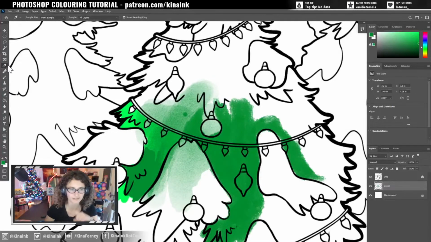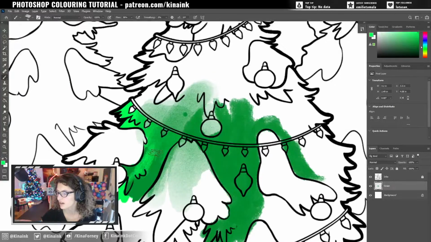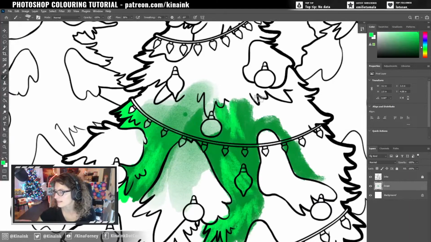I never physically go and get it, but I just hit Alt, grab the lighter green, go back to brush tool. I hit B, or you can go up there. And now I have this cool texture on top of, because I chose a lighter color on the darker green, and now I can do some cool effects with this oil brush. Like that. So if you want to do it the super slow way and you want to do it super meticulously, that's one way to do it. It's kind of like going after it with a colored pencil kit or something, and you're treating this image more like a